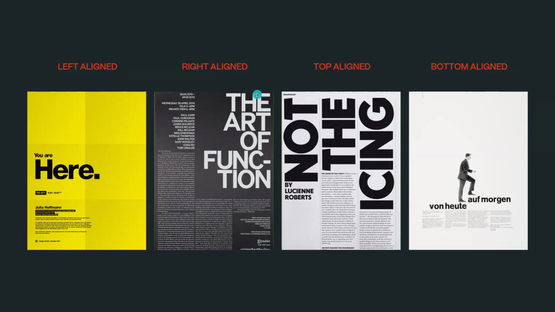The main text, the main subject is placed on the right. And here is top alignment, the main subject is aligned to the top of the design. And here bottom alignment, the whole subject and whole design is placed at the bottom as compared to the whole poster.